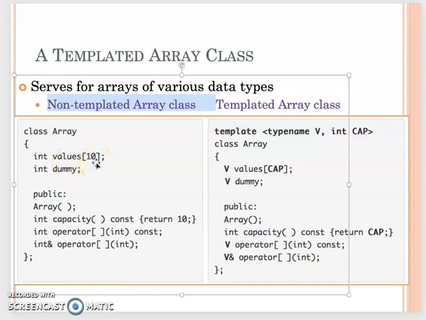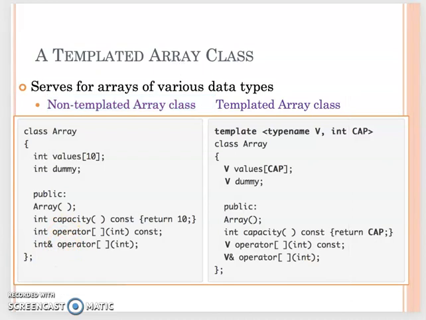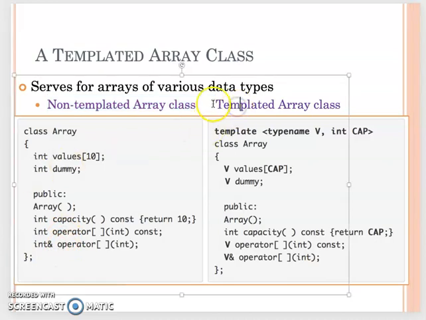So the 10 actually is in our reading pages. But in your homework assignment, we make the capacity 100. So we have the dummy. Yeah, we have the capacity function, we have the constructor function, then we have the getter function. So now on the right, I just want to show you how we make our regular class become